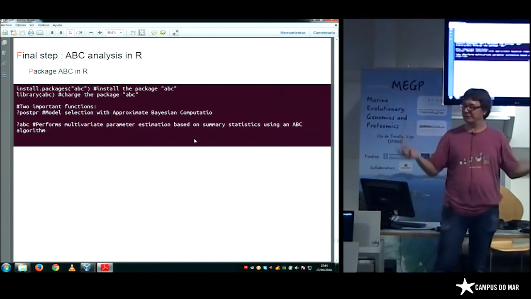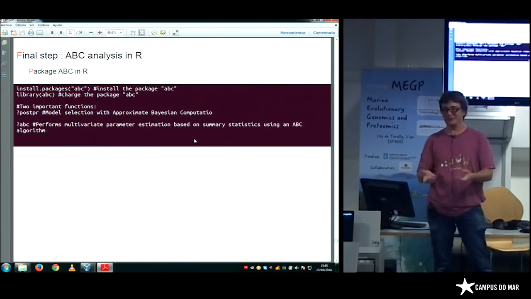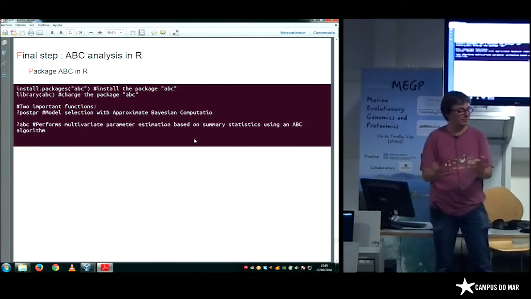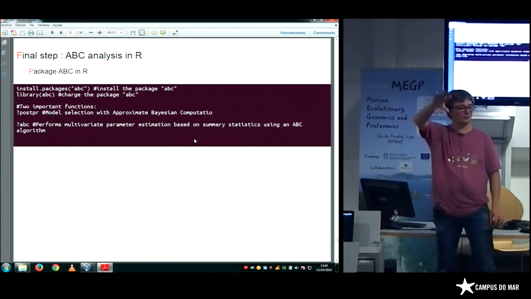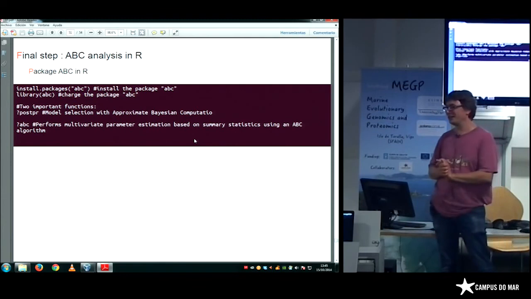And that's it. So I know it's not always easy. I would not like you to be scared to use this method. You have all the command lines. You just have to type, and it should work. So at least we have a few computers in this room who managed to do the analysis. So